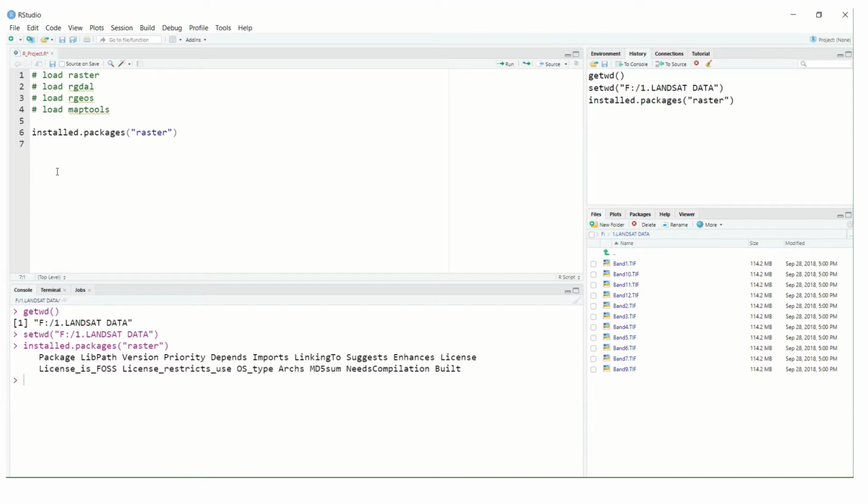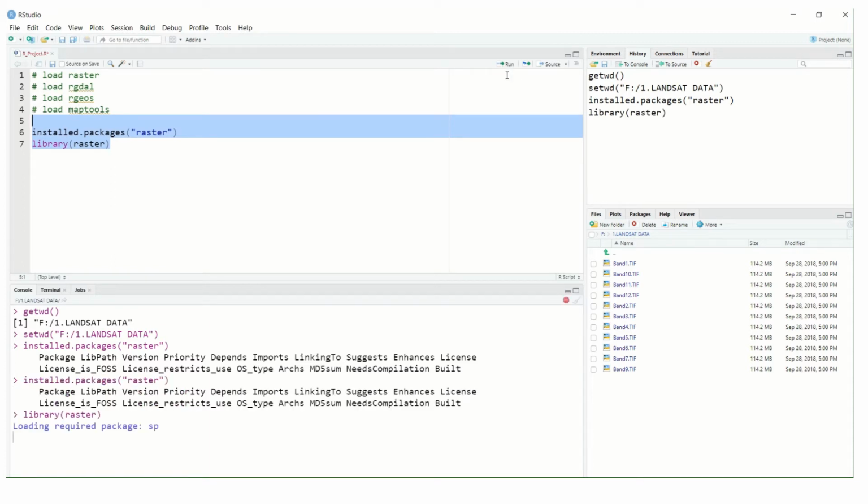And then library, and write raster. Just load the raster. If you don't load the raster package, then the raster data cannot be read or analyzed in R programming.